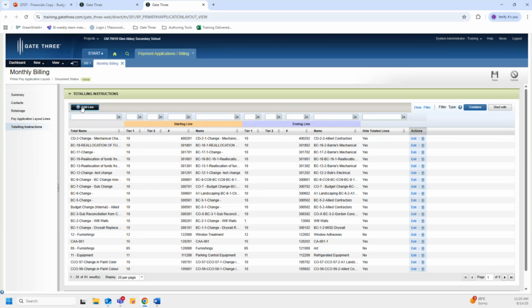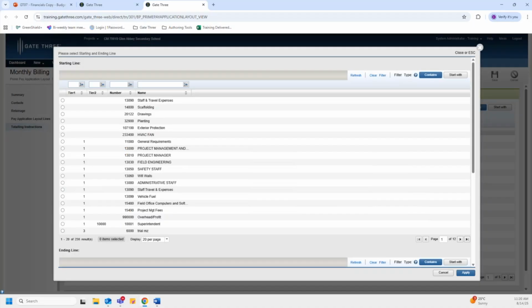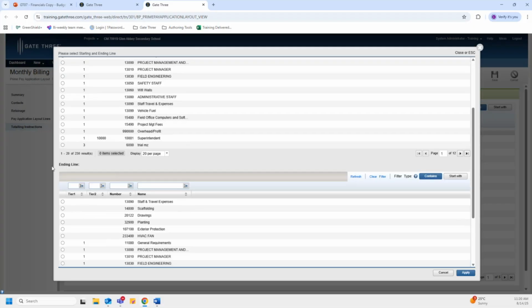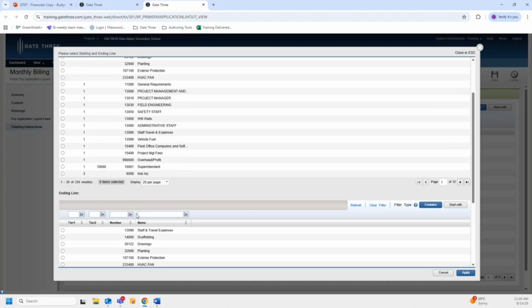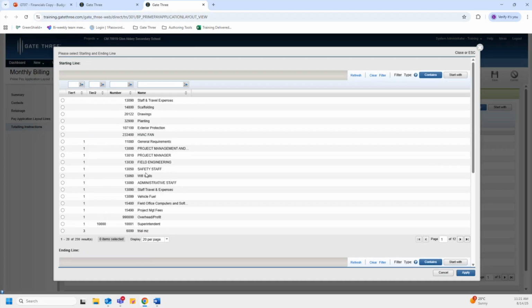So to demonstrate this, let's click on add line. As we see here, we need to indicate a starting line as well as an ending line for the lines we want to be hidden and rolled up. We can also use the filter fields for either section to search and locate the lines we want as the starting line as well as the ending line. I also do want to note here that the lines appearing in this window are in the chronological order that they would appear on the invoice. So it makes it easier for you to select a group of billing lines